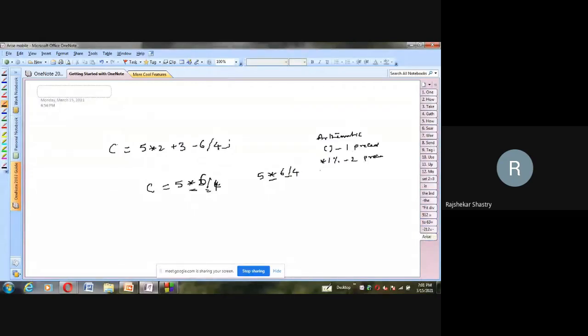And addition, subtraction are given third priority or precedence. And finally, if you have assignment operator, that is given fourth priority. So according to the arithmetic operators, if I talk about the priority or precedence, then first priority is given to